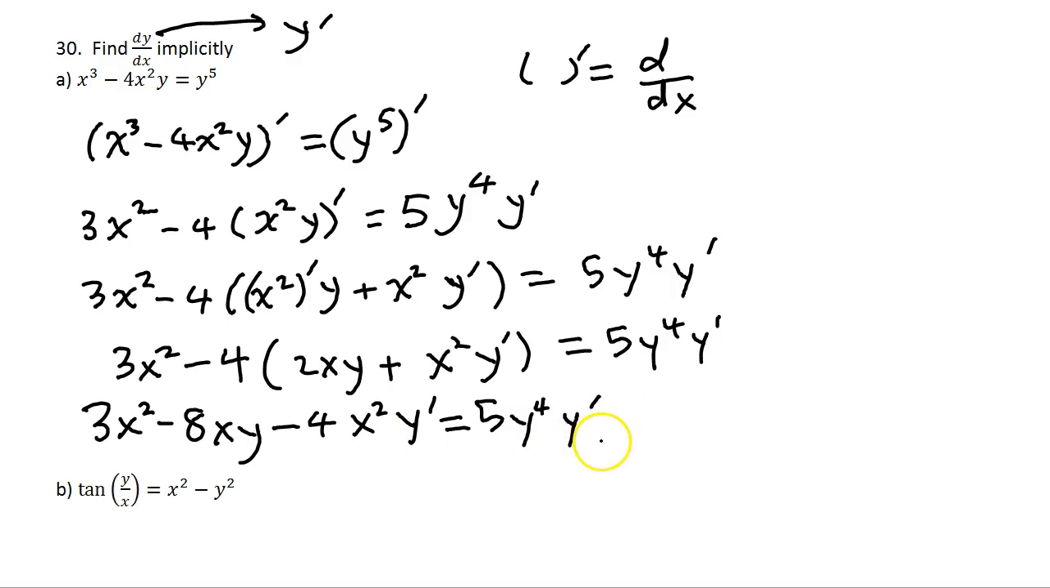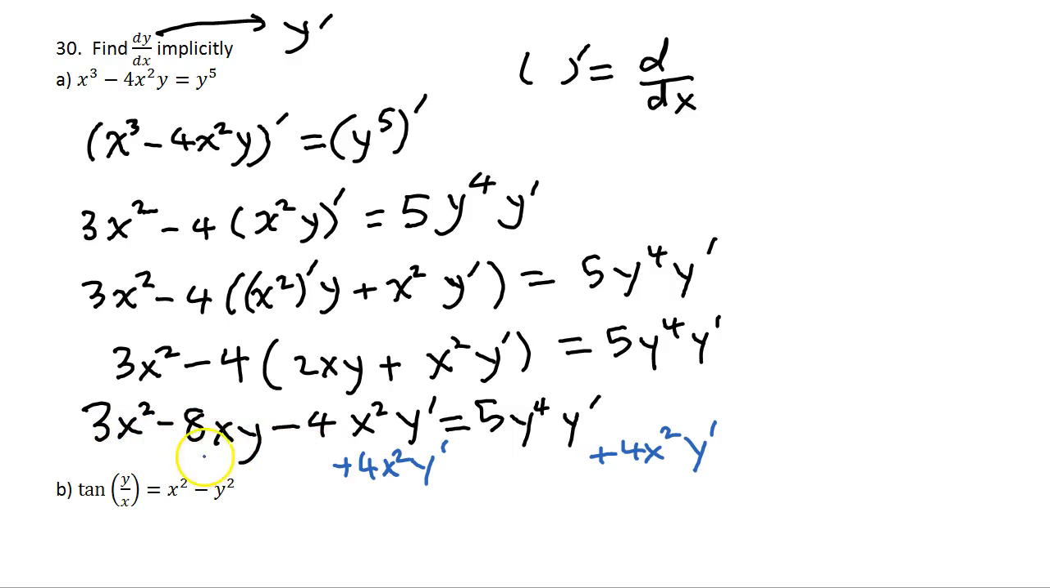want to know. This is not the answer. We still need to know what y prime is in terms of x and y. So let's try to solve this for y prime. How do you solve it? First, you add 4x squared y prime to both sides, and the rule of thumb is just look at each term. How many terms do we have? 1, 2, 3, 4. We have 4 terms, and you can distinguish the terms by whether it has y prime